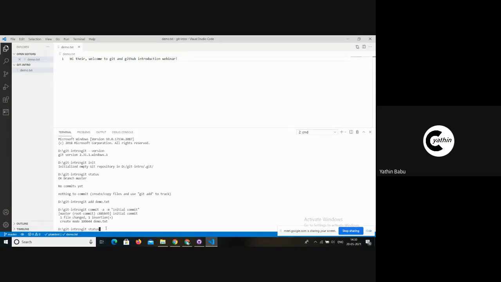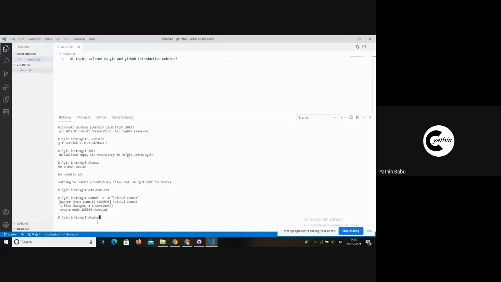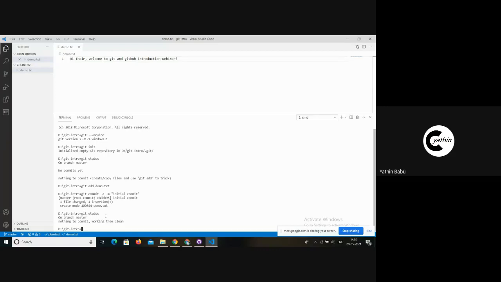The command I will be using to check the status of the repository is git status. Git status gives us a message about what has happened in the repository, a brief history of all the changes that have already been made.